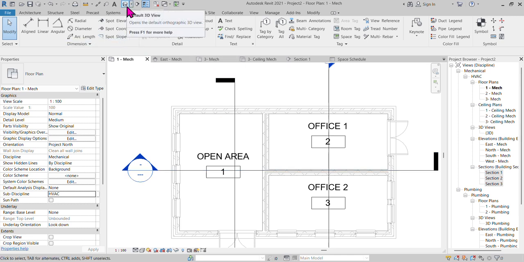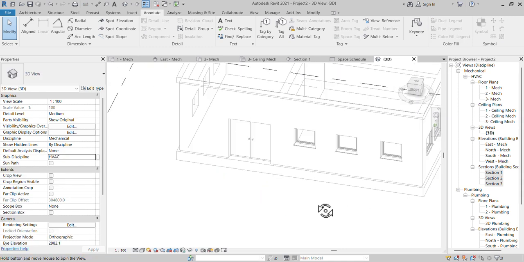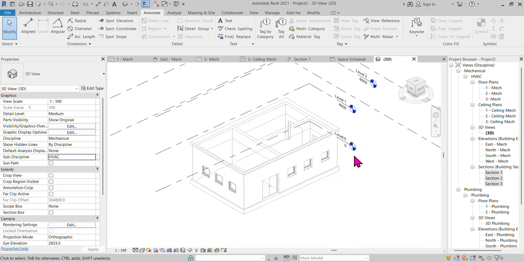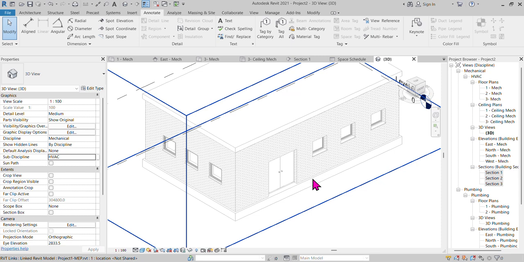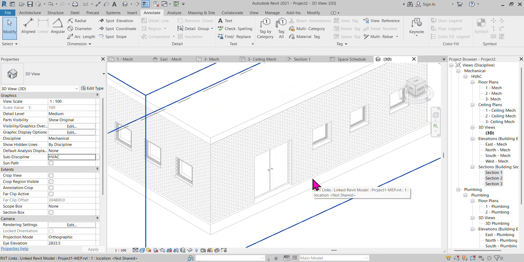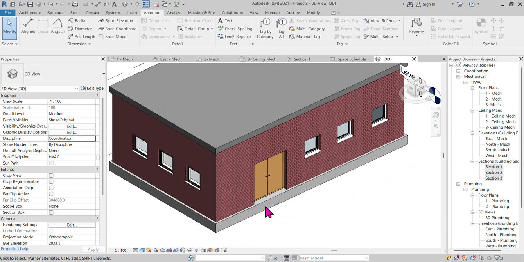You can go back to my 3D view. Now you can see this is my model. I can link it into the mechanical, right? If you want, you can go to find the collaboration. So it's reflected. This is the way we need to manage the file and create the file names, and